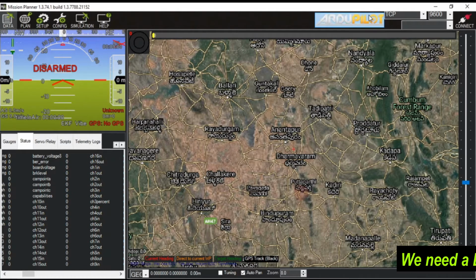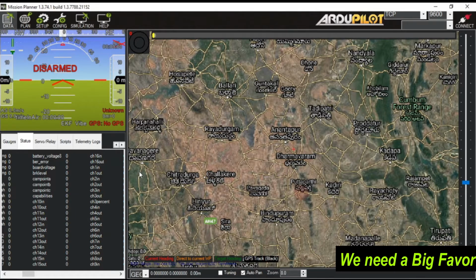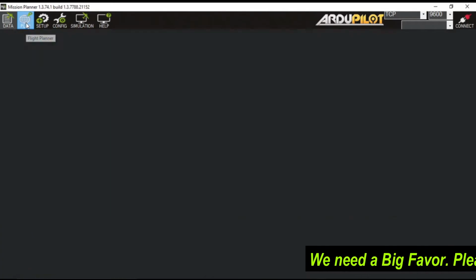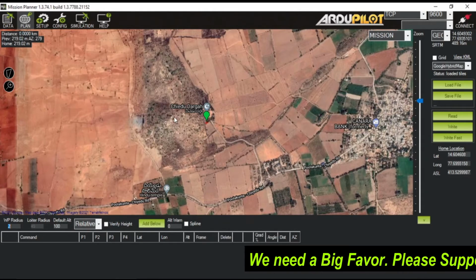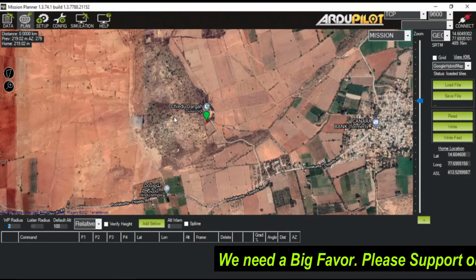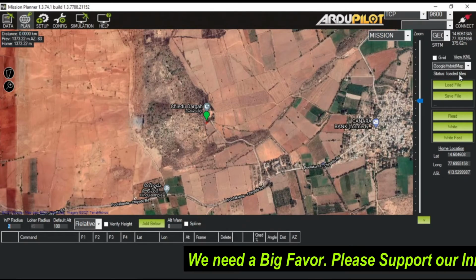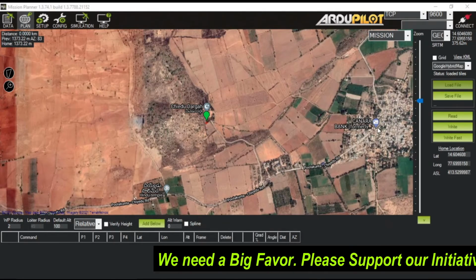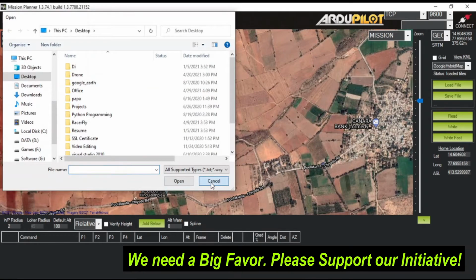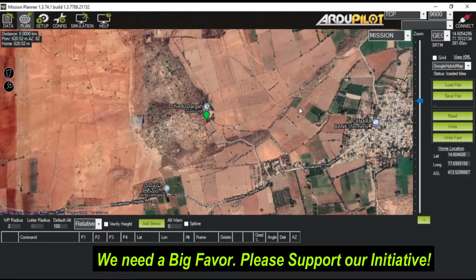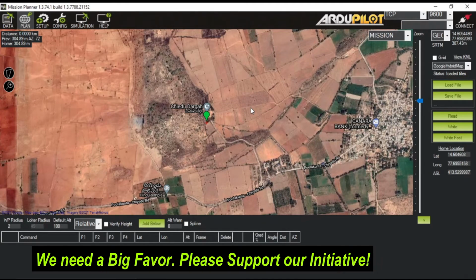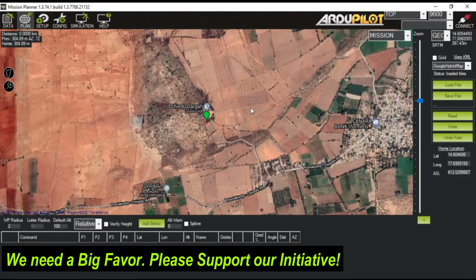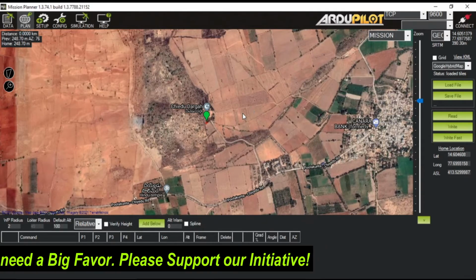So basically this full window is the flight data window, and let's move to the next window, which is the flight plan window. Again, this is a very important window, and here you can plan your mission according to your purpose of flying. You can also load a previous mission from here: simply click on load, load the mission, read the mission, then go to the action section and start the mission from there. We will explore this planning window in the next video in full detail, so we will skip it for now.